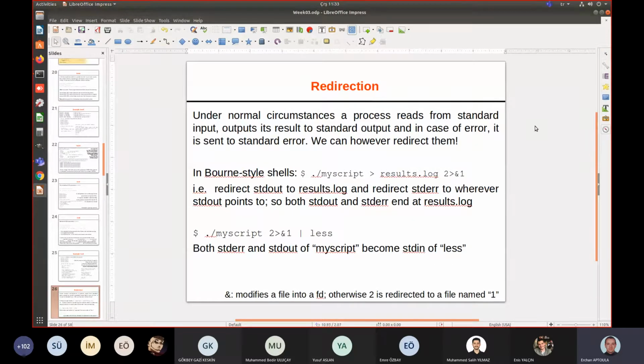This brings us to redirection. If you have any questions, feel free to ask whenever you want. Now, what is redirection? Now, normally, under normal conditions, when